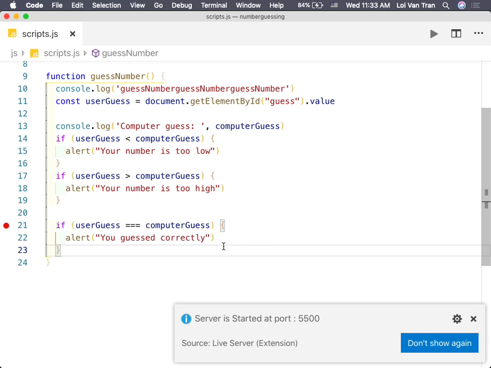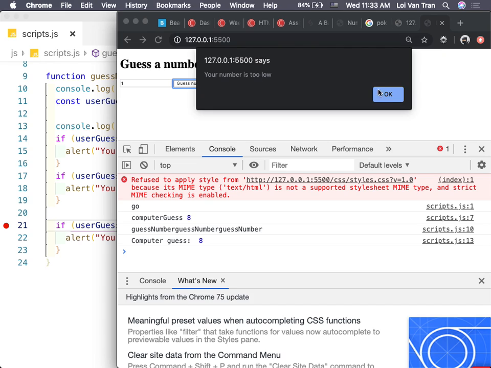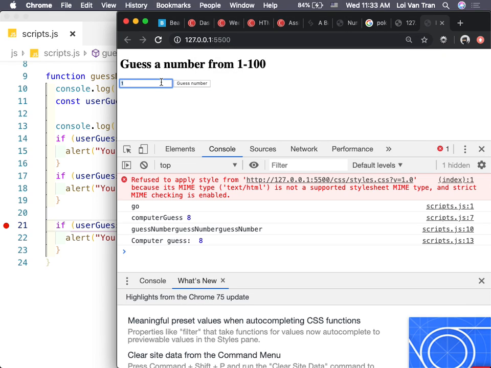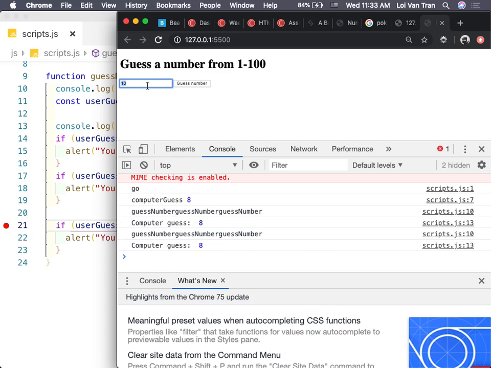Oh, my bad. Okay. Refresh it. So the number is now guessed. When this application loads, the computer is going to guess a number between 1 and 100. See that? Every time I refresh this, it is guessing. Okay? So let's just make sure that if we guess too low, 1, your number is too low. If we guess too high, 10, our number is too high. If we guess exactly correctly,